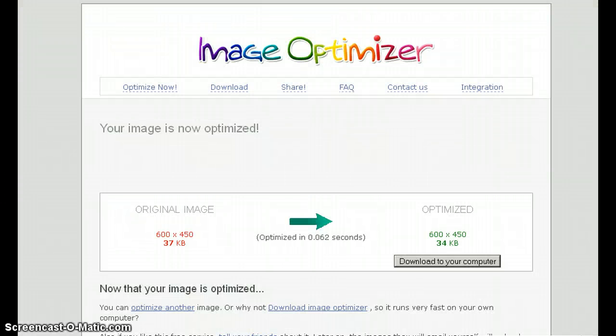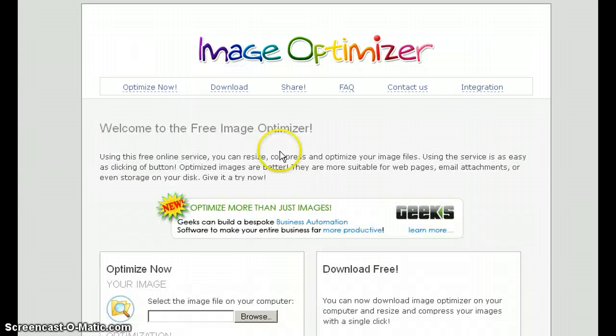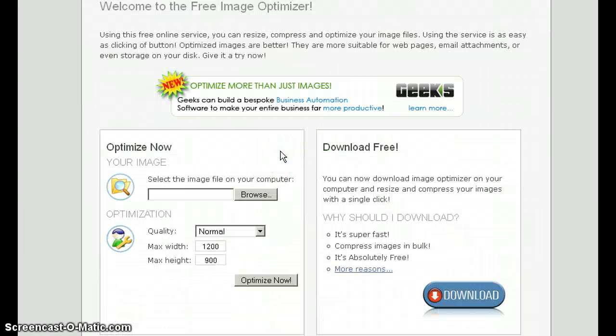So the website is called imageoptimizer.net, and it's a free website. And what this site allows you to do is to browse for a photo that you've taken with your digital camera, which means you have to take the photos from your digital camera and put them on your computer. And one at a time, it will allow you to optimize them so they are a smaller size and so that they'll load faster. So the first thing you're going to do is go to imageoptimizer.net, and then scroll down